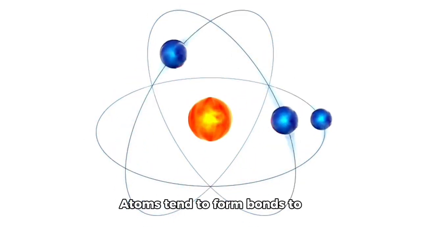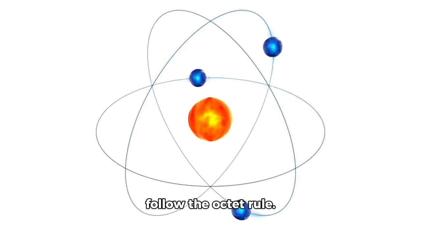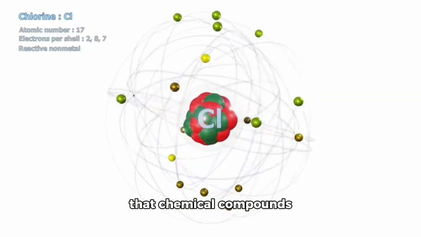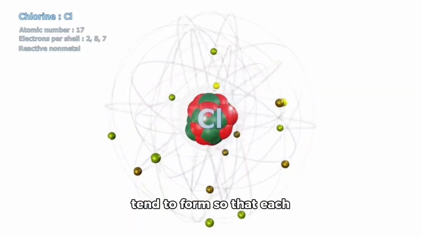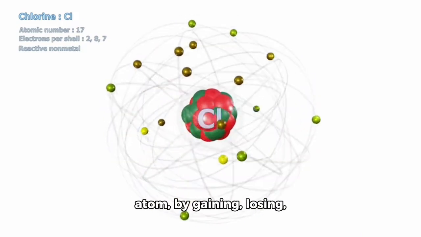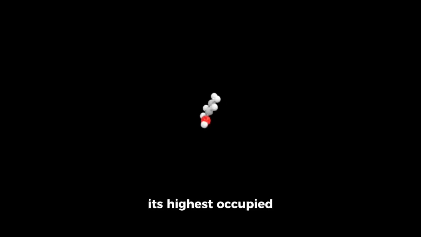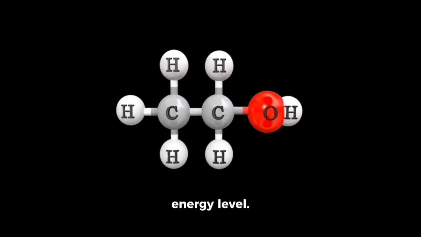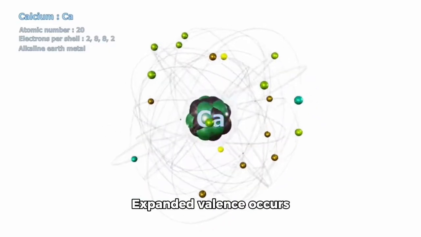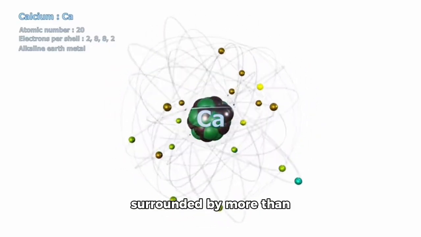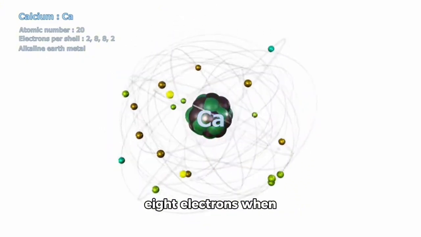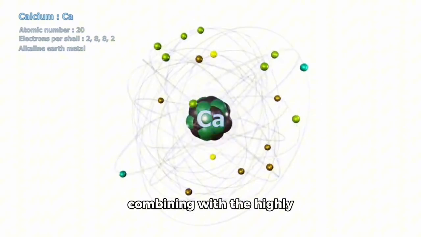Atoms tend to form bonds to follow the octet rule. The octet rule states that chemical compounds tend to form so that each atom, by gaining, losing, or sharing electrons, has an octet of electrons in its highest occupied energy level. Expanded valence occurs when other elements are surrounded by more than 8 electrons when combining with the highly electronegative elements